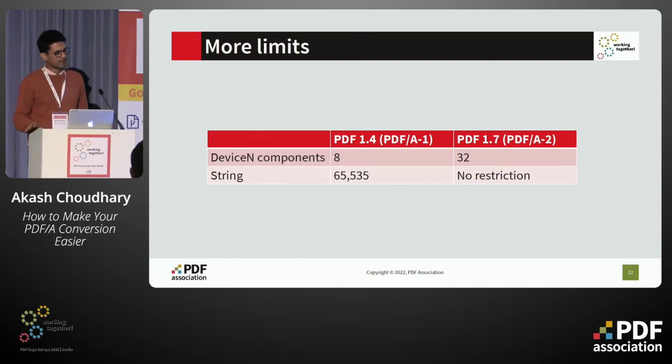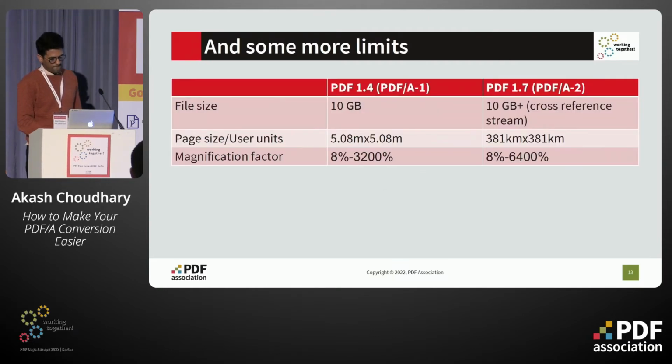For example, the number of device and components in PDF 1.4, only 8 are allowed, whereas in PDF 1.7, 32 is the number. Also, the length of a string in bytes in PDF 1.4 is 65,535, whereas in PDF 1.7, there is no such restriction. There are some more limits, which are file size. So in PDF 1.4, the file size is restricted to 10 gigabytes, whereas there is basically no limit if you're using cross-reference stream. Again, I will not go into detail in the features, but for 1.7, there is no such